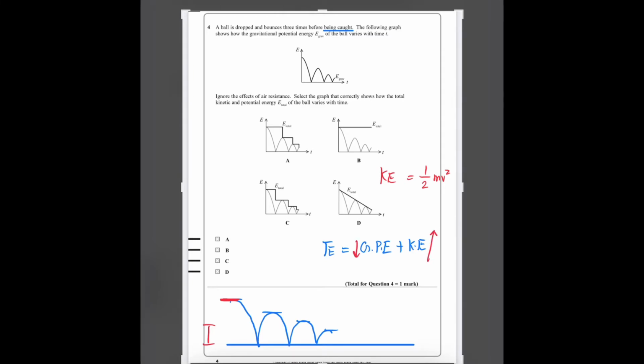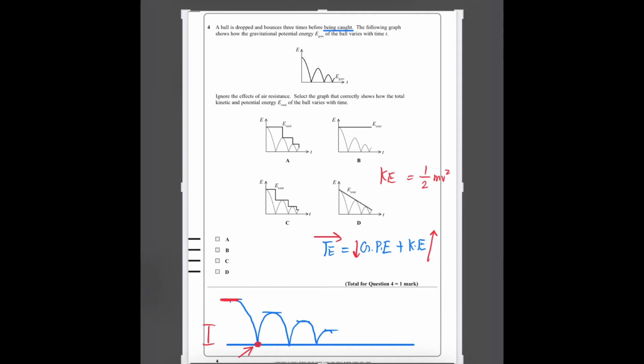So basically the total energy remains constant when it is going down. Simply, total energy being constant, the gravitational potential energy is being converted to kinetic energy. So from this equation we can say that the left hand side is always equal to the right hand side. The total energy is always equal to GPE plus KE, since these two energies are interchangeable. So basically when the ball is going down, the gravitational potential energy decreases and KE increases, and at this point